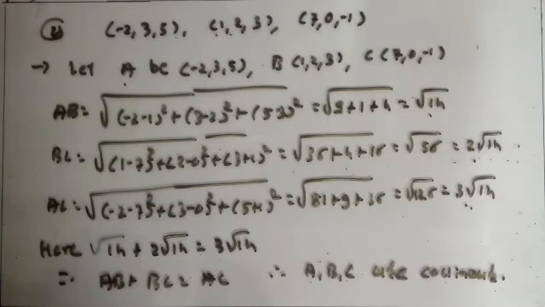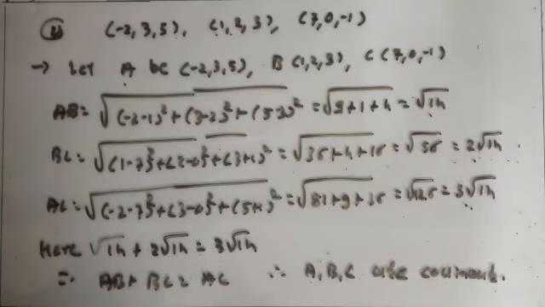Applying the same in the third, show that (-1, 2, 1), (1, -2, 5), (4, -7, 8), (2, -4, -3) are vertices of a parallelogram. Here first find AB, then BC, CD and AD. Here we found that the lengths of opposite sides AB and CD are the same, and BC and AD are the same. So we say that the given points are vertices of a parallelogram.